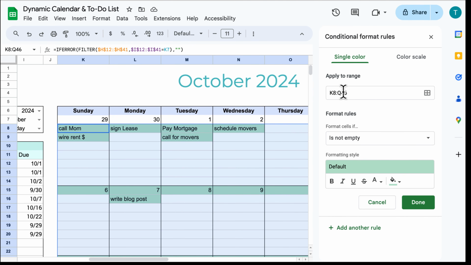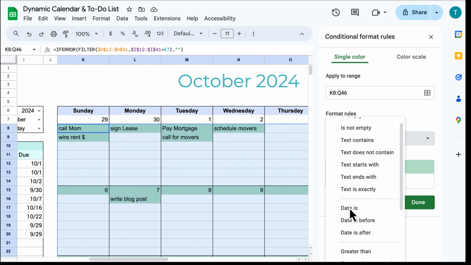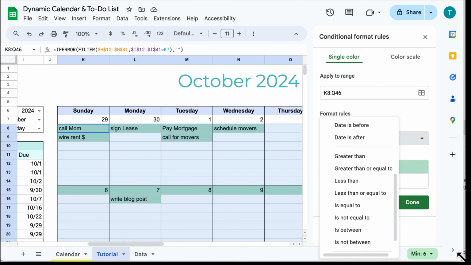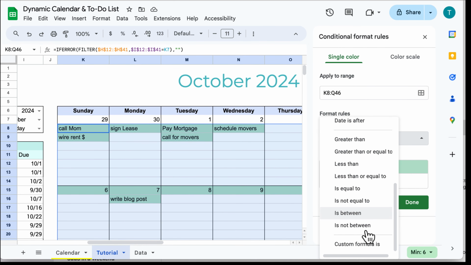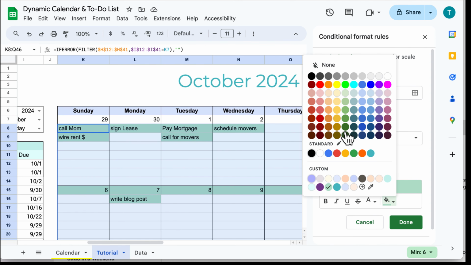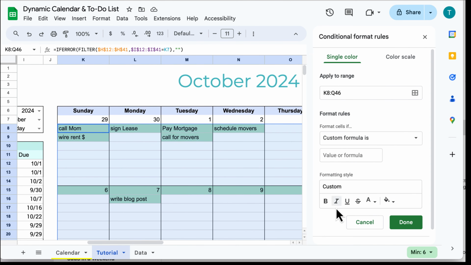Okay, so we have it applied to this range. And we're going to scroll down here and say Custom Formula. Let me just, I'm sorry, my computer is not recording. Okay, custom formula. There we go. Now, for some reason, Google Sheets always defaults with this ugly green background. Just click on this, hit none. Okay, so custom formula is,